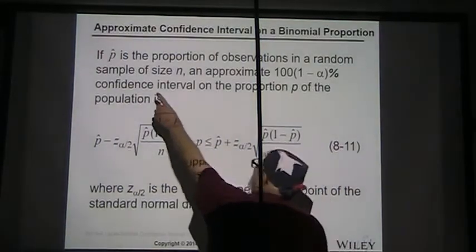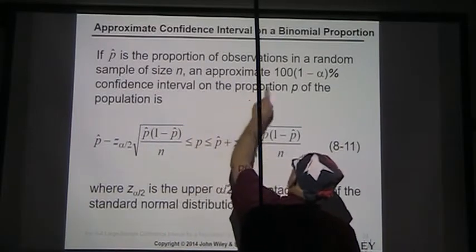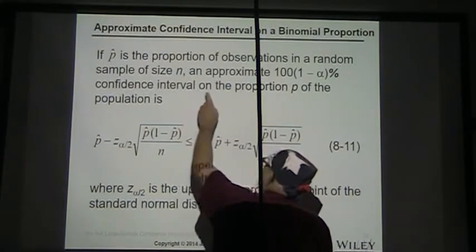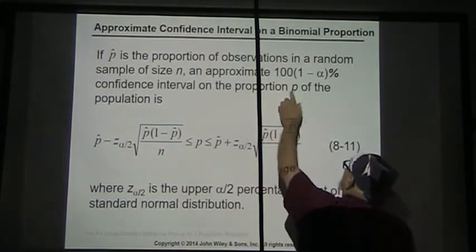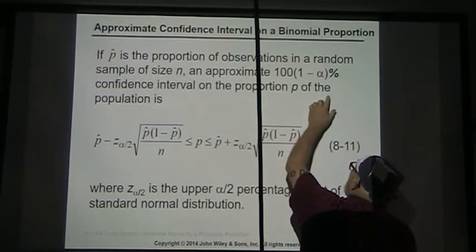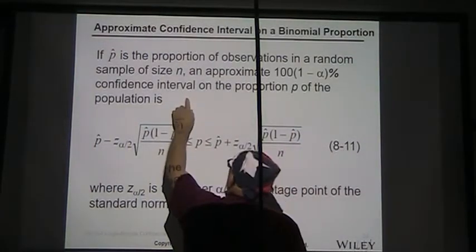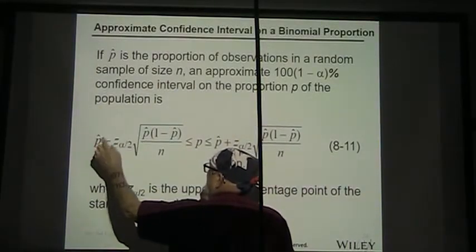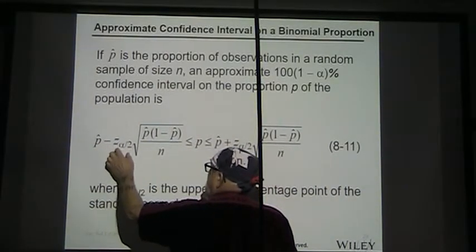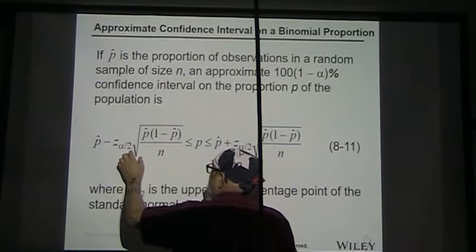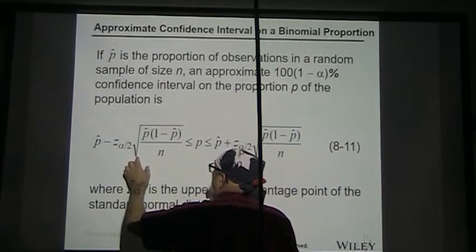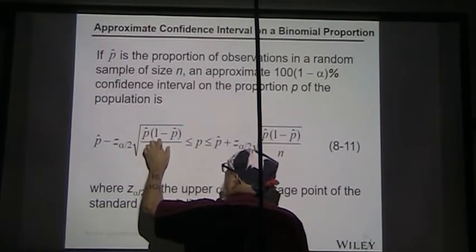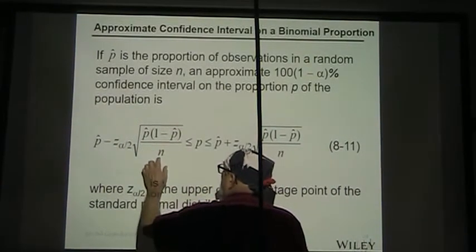So, if p hat is the proportion of observations in a random sample of size n, an approximate 100 times the quantity 1 minus alpha percent confidence interval on the proportion p of the population is p hat minus z alpha divided by 2 times the square root quantity of p hat times the quantity 1 minus p hat divided by n